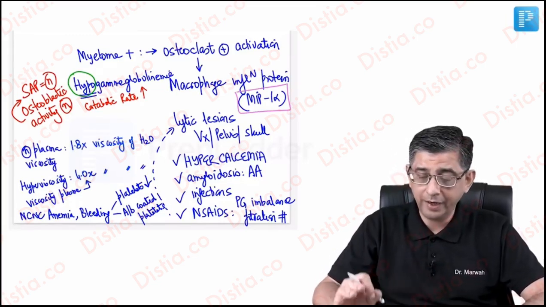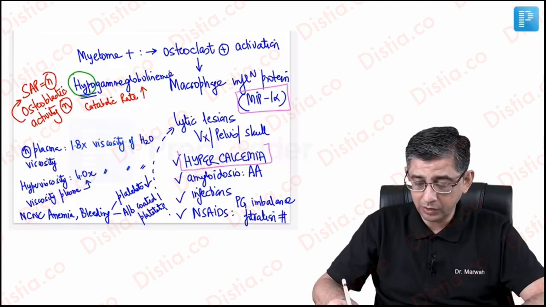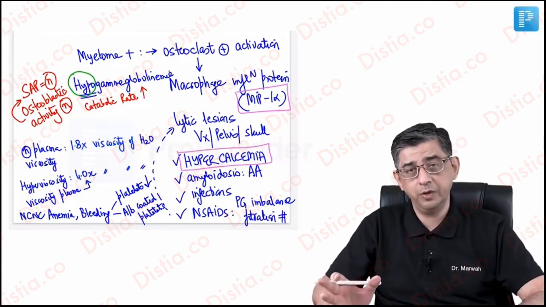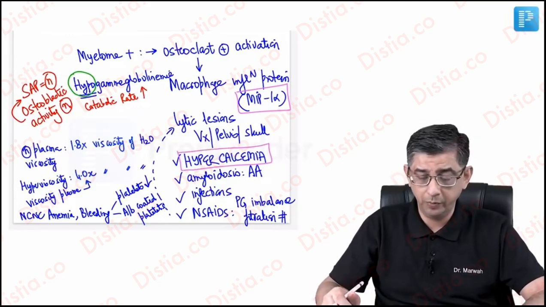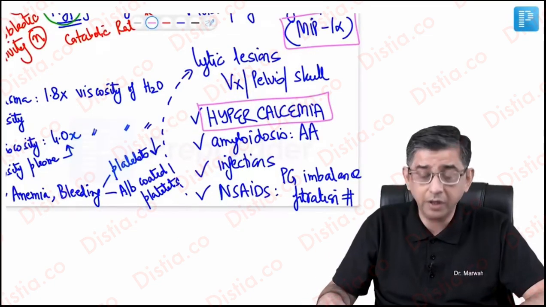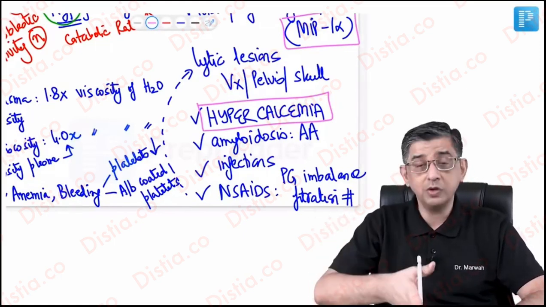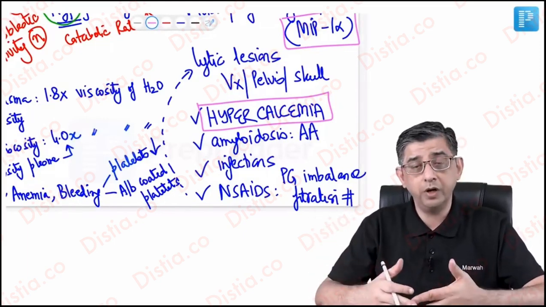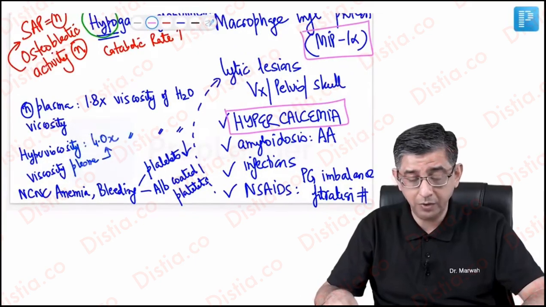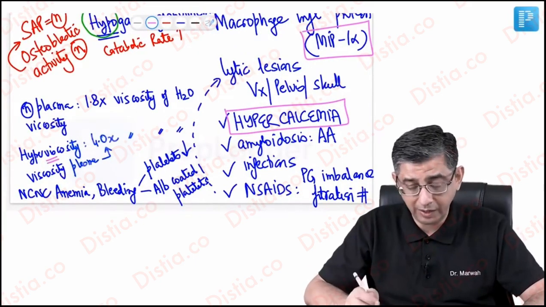Second, you have kidney damage, multiple reasons in these patients. If he asks you the first cause, you will always notice whenever I write information, I always write it in decreasing order of importance. I told you multiple reasons for kidney getting involved. It was not only hypercalcemia, it was amyloidosis, infections, NSAIDs, hyperviscosity syndrome, all of them contributing to damage. But the first one is hypercalcemia. Apart from this, hyperviscosity itself is a feature that can be asked.